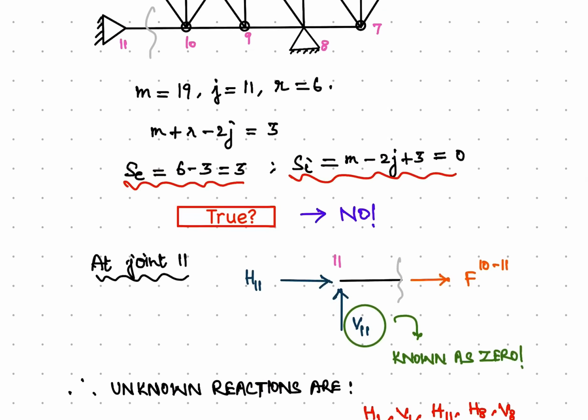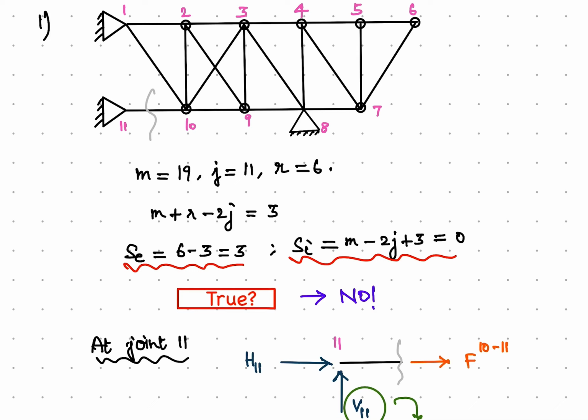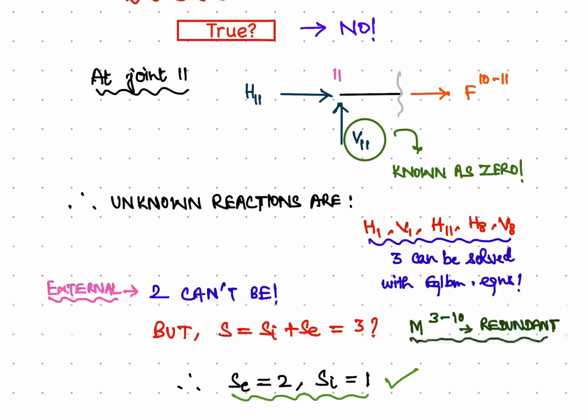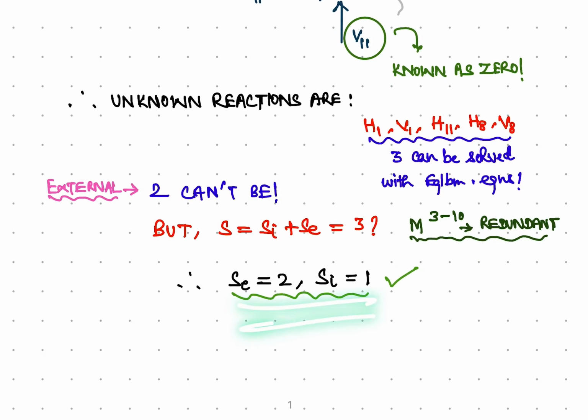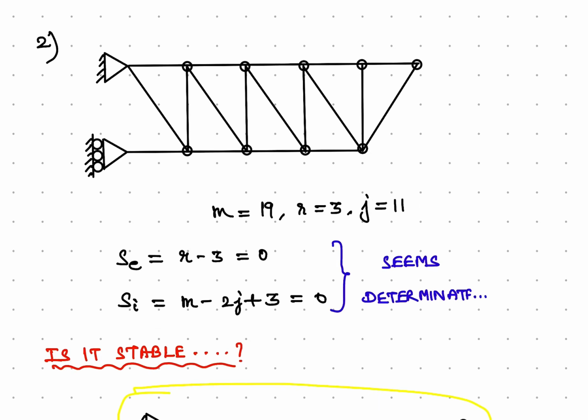Okay, so therefore, in this particular problem, the external indeterminacy is 2, and the internal indeterminacy is 1. Fine, we will now move on to the next problem. In the second problem, we have the number of members 19, number of support reactions 3, and the number of